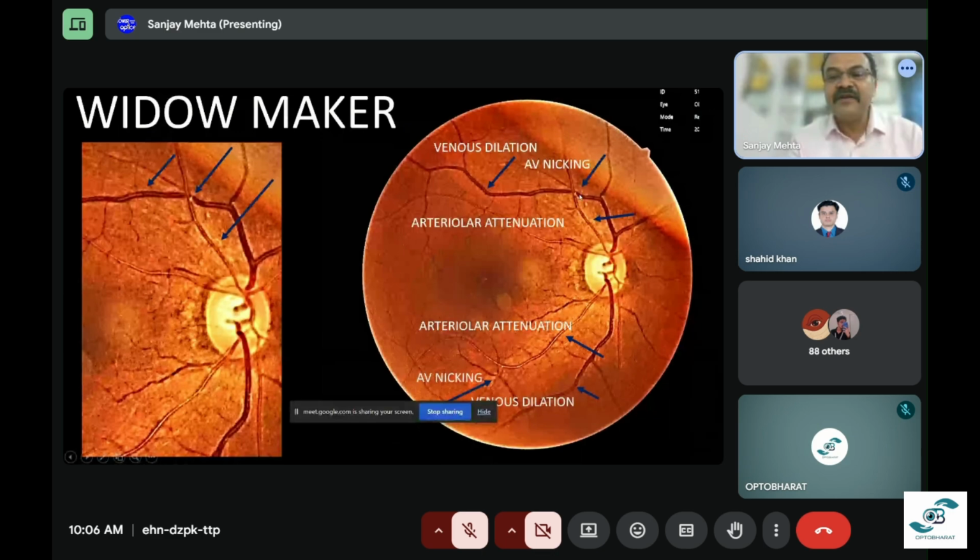the veins are dilated here. The arteries are absolutely thinned out. And you can see these small yellow spots I'm mentioning here. These are all the changes happening in his retina. So I asked him, what is your systemic condition? He says, I'm hypertensive for the last 10 years, diabetic for the last 35 years, increased cholesterol is also there,